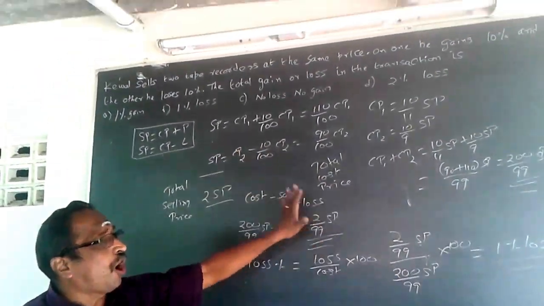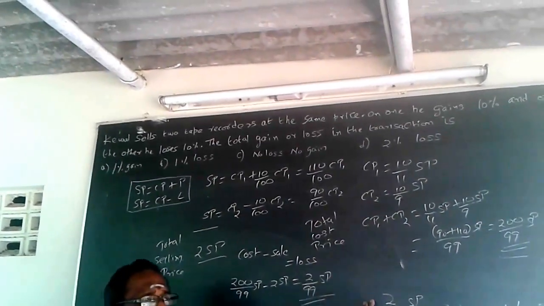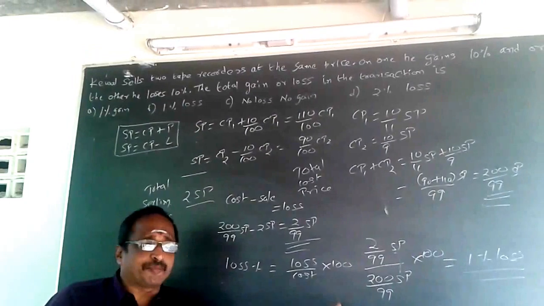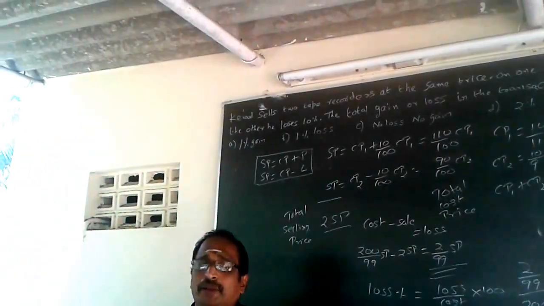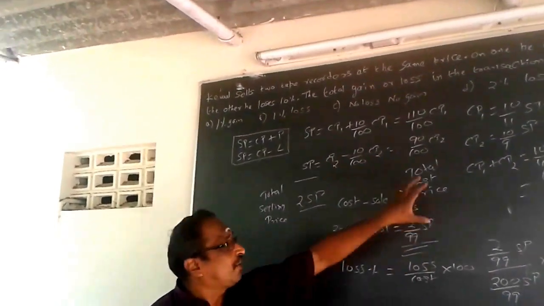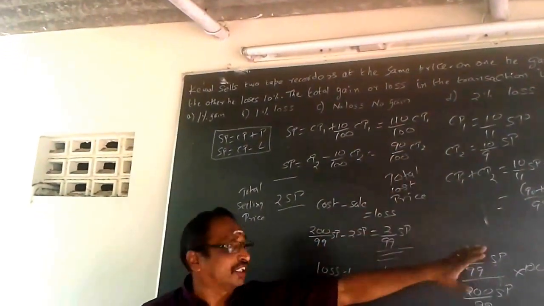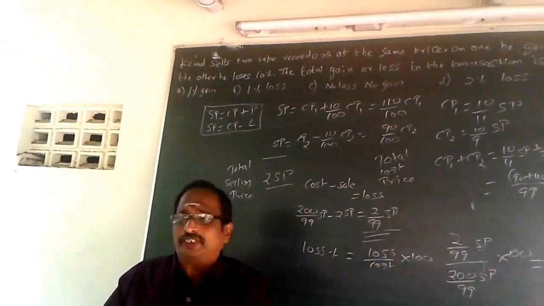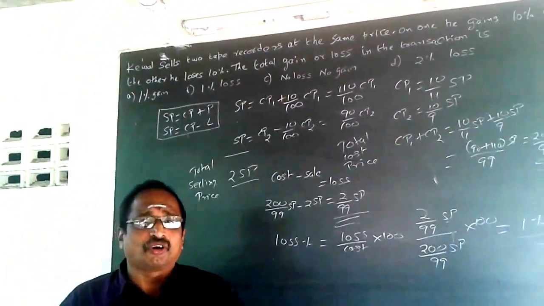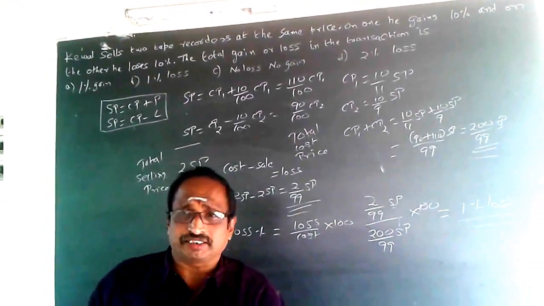You will have to know how to do all this. But in real time, if you are going to do it like this, you will not be in a position to complete your paper. Normally you will be getting 50 questions to be done in 40 minutes time. So you can take only 40 or 50 seconds for each question. If you are going to work out like this, you will be missing out some questions. You should also know how to do it faster.